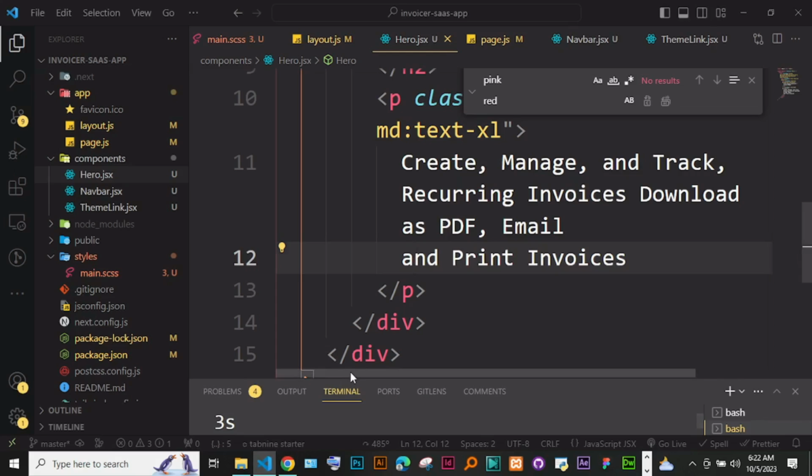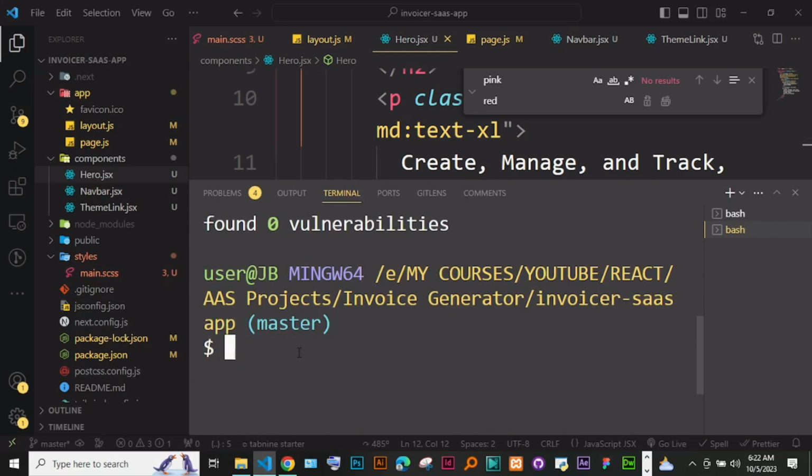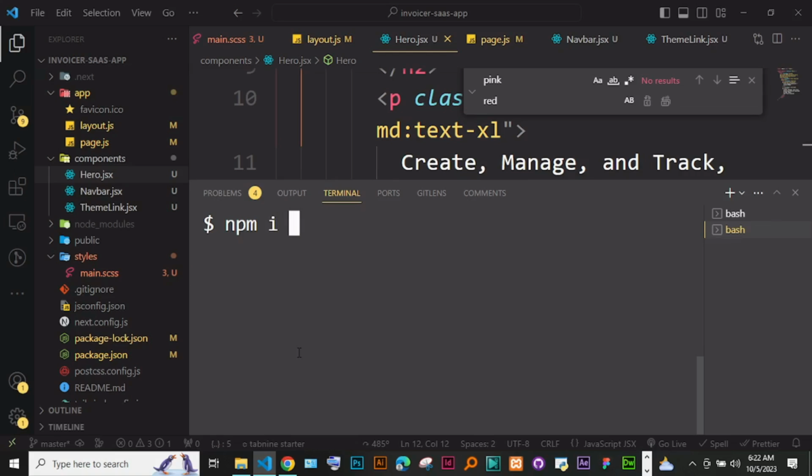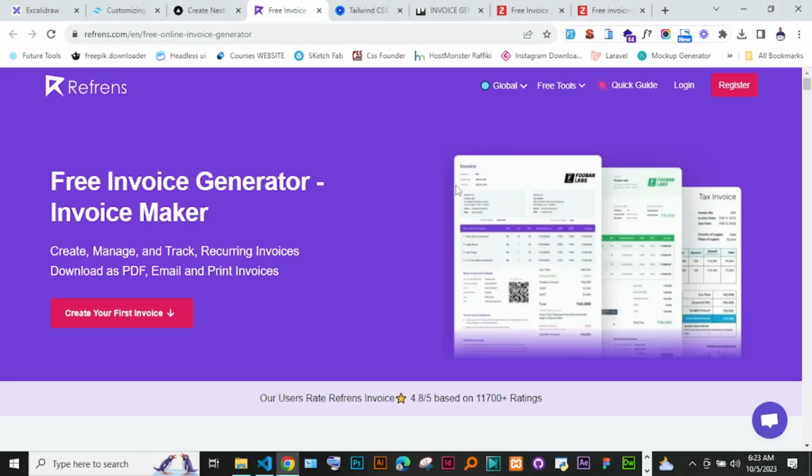So I just first go and also install React icons. So here I'm just going to scroll down and say npm install react-icons. So you can just install React icons just like that. As they are installing, let's put this theme button. It is exactly the same as this,